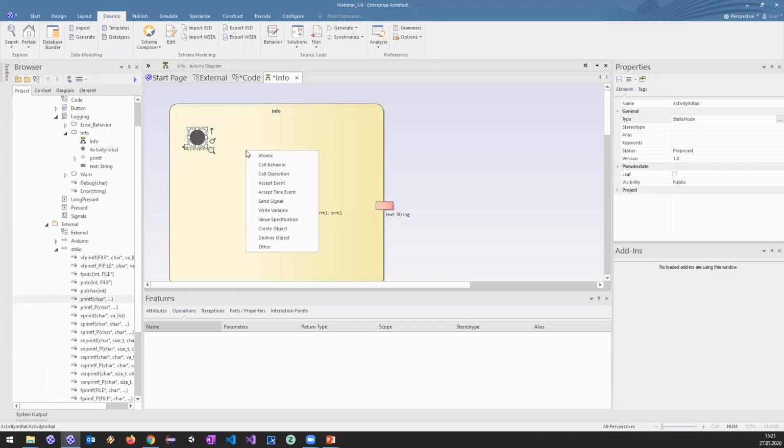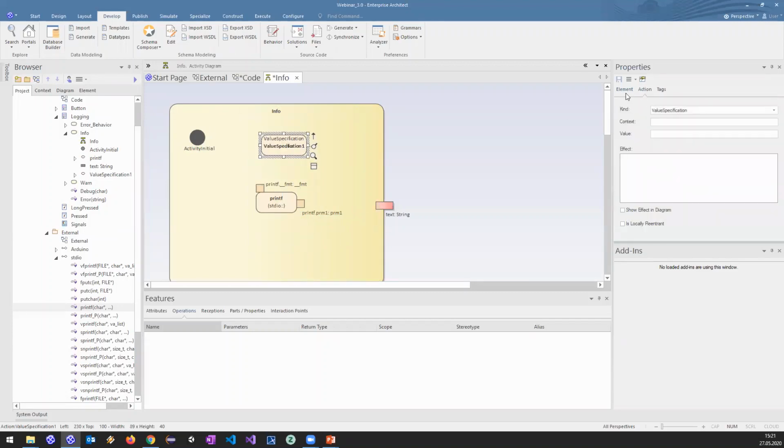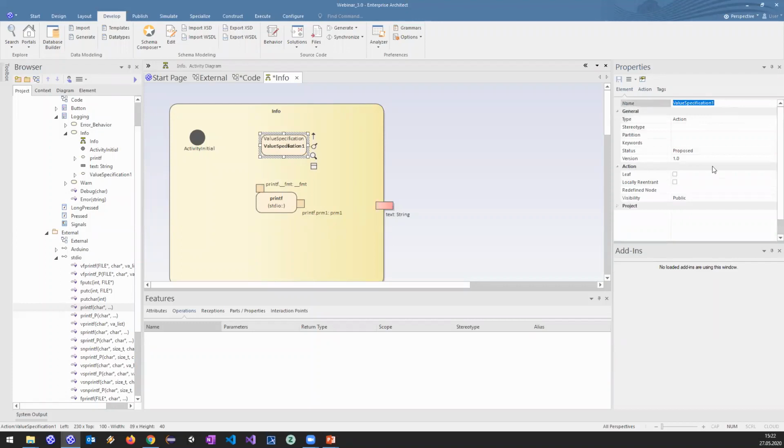In this case, we control-click, we open the context menu, and we use a value specification action. In this case, we specify a value. We can use the name or the effect as we like, and Embedded Engineer allows both. In this case, we use the name just to see already what we will define, and we call it info,